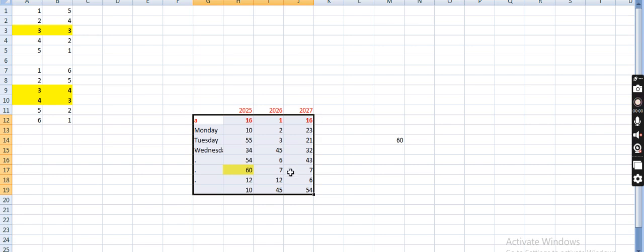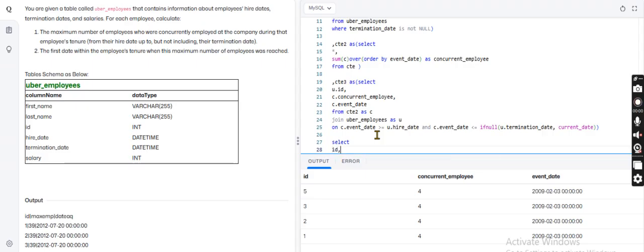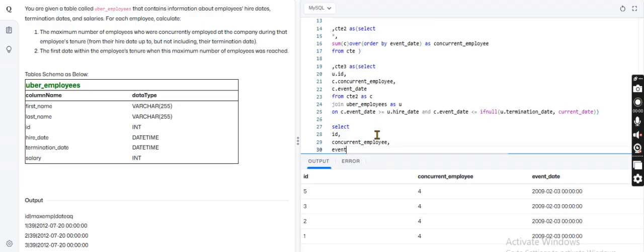We will rank these values in an order so that we will get the highest one. That is what we are going to do now. So select ID, concurrent employee, event date,